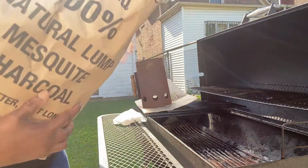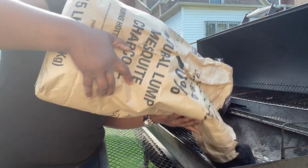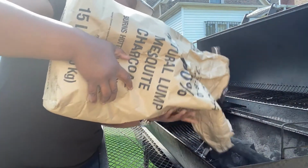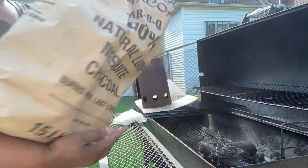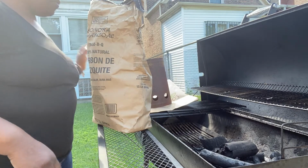Now here, these are a little bit different. This is lump mesquite charcoal. Sometimes I do get the regular square charcoal briquettes, a lot of times when I barbecue. I just ran into this one and wanted to try it. I actually love it. In a moment, I'm going to move the camera over so you can see that